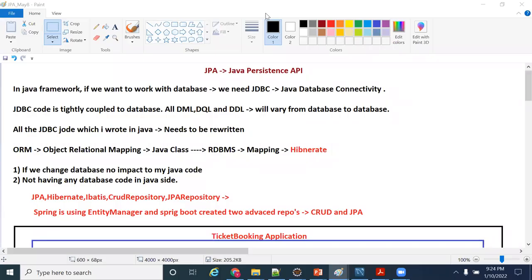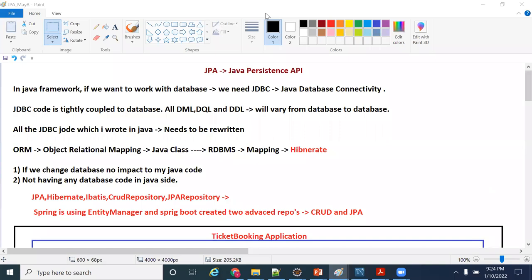If we change the database, the entire JDBC layer needs to change because we are writing database code in Java code. We are writing database related code like insert statements, select statements, update statements, all inside the Java code. That is the problem with that architecture. Also we need to write a lot of boilerplate code and complex code. There are lots of drawbacks, but the first drawback is that JDBC is database dependent code.